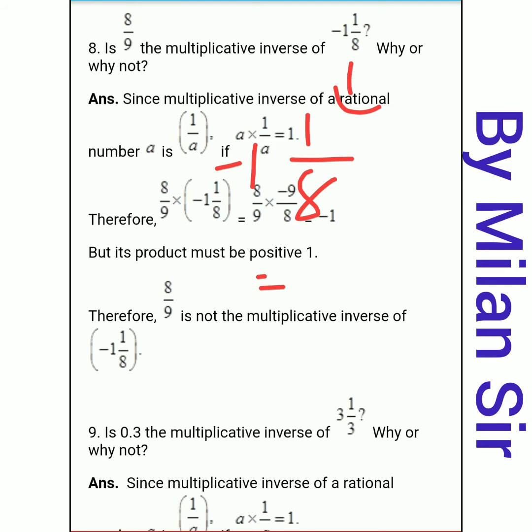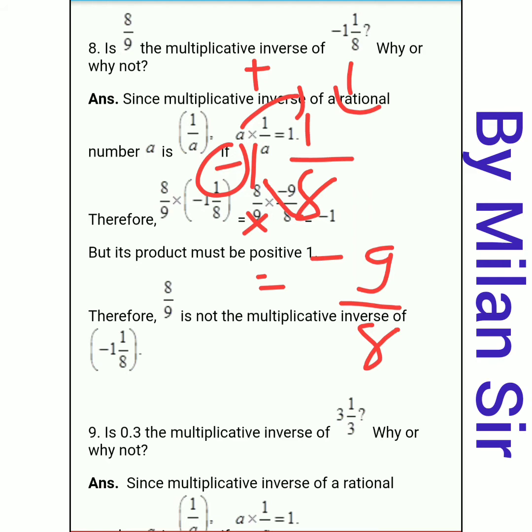Now 8 ones are 8. Here first of all we need to multiply this, 8 ones are 8. Then we need to add this: 8 ones are 8 plus 1, it is 9. Denominator as it is, 8, and before that a minus sign is there, so we need to put the minus sign here. This is the conversion of a mixed fraction to an improper fraction.